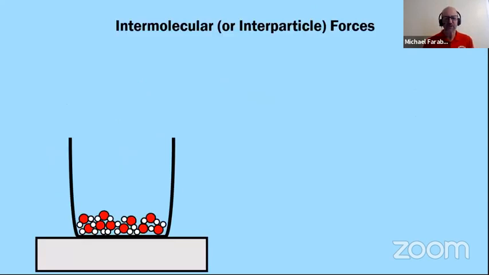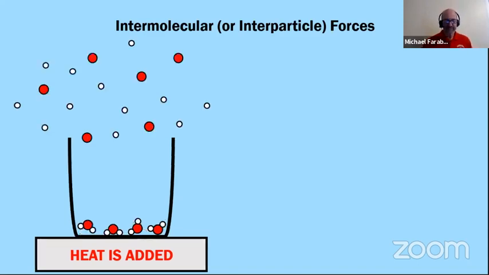Okay, so I want to talk about intermolecular or interparticle forces. I have a sample of water molecules here, and we're going to go ahead and add some heat to these molecules. I'm going to try to boil the water. Take a look at the next particle diagram and tell me if you think this is what's happening when water boils. Hopefully you realize that that is not what's happening to water molecules, but some people think that that is what's